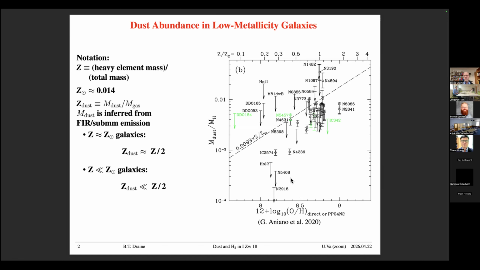We could also measure the mass of dust relative to the overall mass of the system. Dust is always a minority constituent. So we can take the ratio of dust mass to gas mass and call that Z dust. So how can we measure Z dust? Well, yes, we can measure it in the Milky Way. We have a pretty good inventory of the dust mass in the Milky Way. We can't do precision measurements, but to the extent that we can do our best job